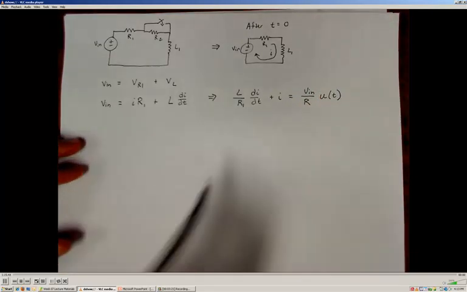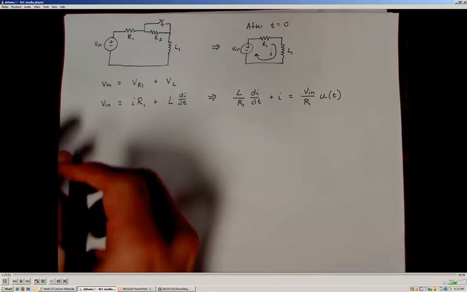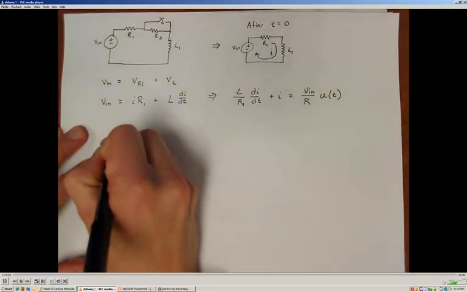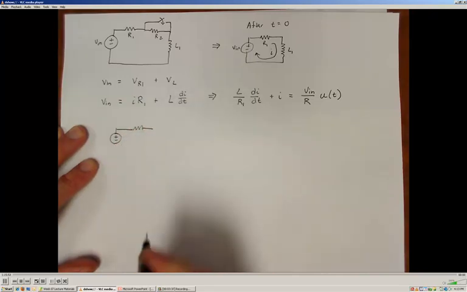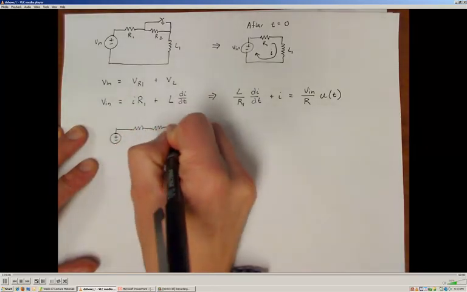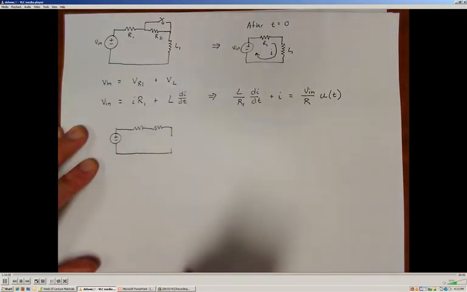Okay, since we have a differential equation, and it's a first-order differential equation, we also need to know the initial condition. Okay, to establish the initial condition, we need to look at what's happening with the circuit prior to the switch closing, and what happens immediately after that switch closes. Alright, so before